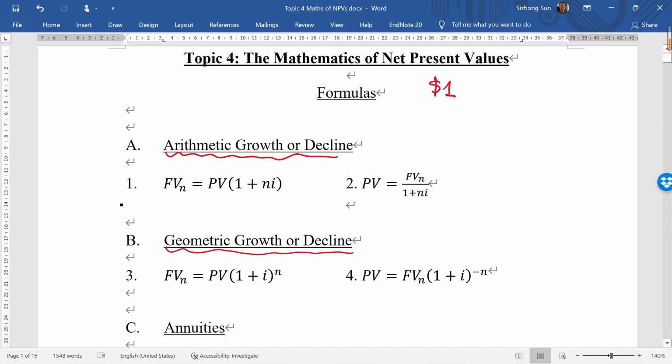I can invest it. For example, if I deposit this $1 in a bank that pays me an interest rate of i. Okay, i could be 5%, 3%, whatever it is. I'm going to have two strategies here. Strategy 1 is, I'm going to say, okay, each year